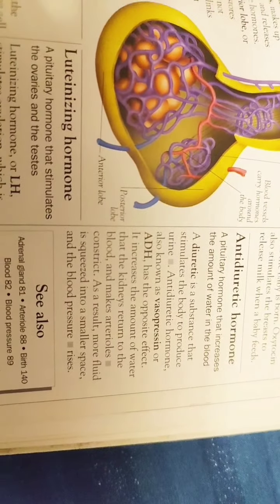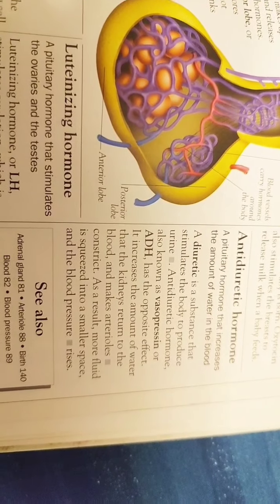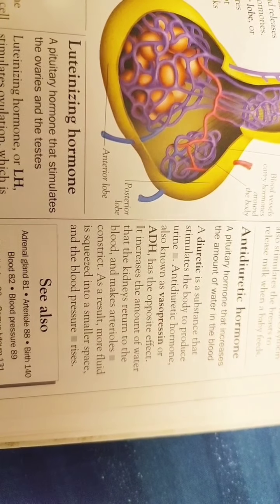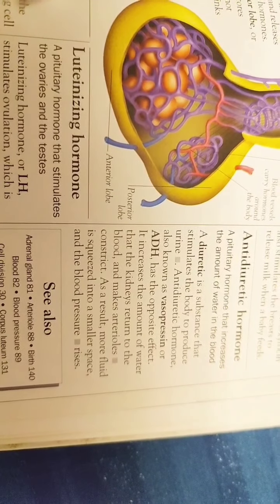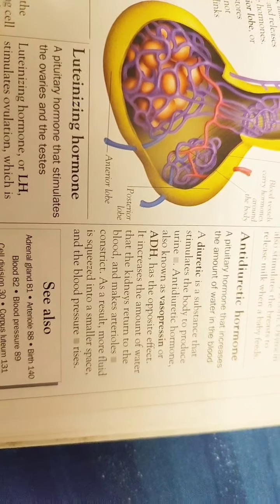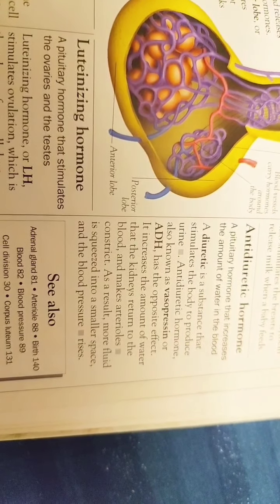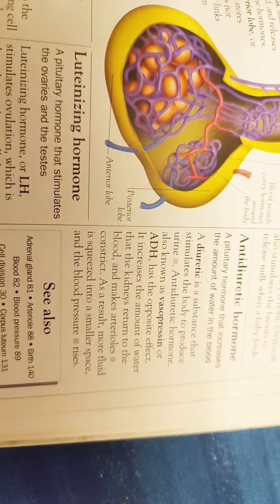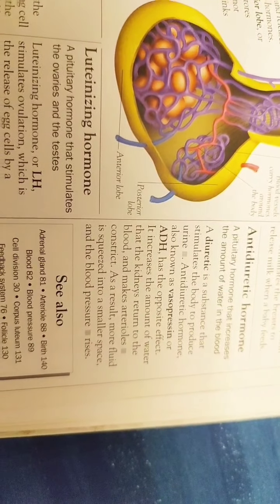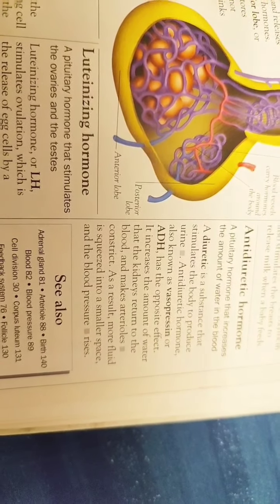It increases the amount of water that the kidneys return to the blood, and it makes the arterioles constrict. एज अ रिजल्ट ज़्यादा फ्लूइड जो है वो स्मॉलर स्पेसेस में जाएगा और ब्लड प्रेशर बढ़ने का खतरा होता है। सो